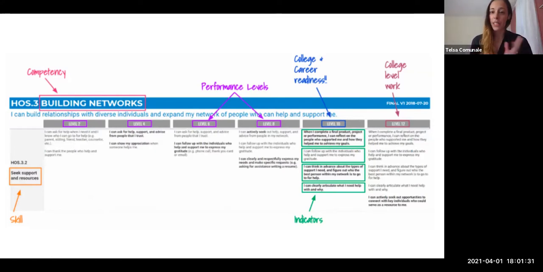Across all of our continua, level 10 does not mean grade 10. It's a common misconception. It actually is our college and career readiness indicator. Level 12 is college level work. So a lot of times you have to have somewhere to move up to, right? So students who are your advanced students have to have an aim and a challenge. So the continua doesn't go just with grade level, it goes up and beyond our high school levels, so that students who are coming in higher than other students have a chance to accelerate. Does that make sense, what I'm trying to say there? So the level 12 is really your college level work.